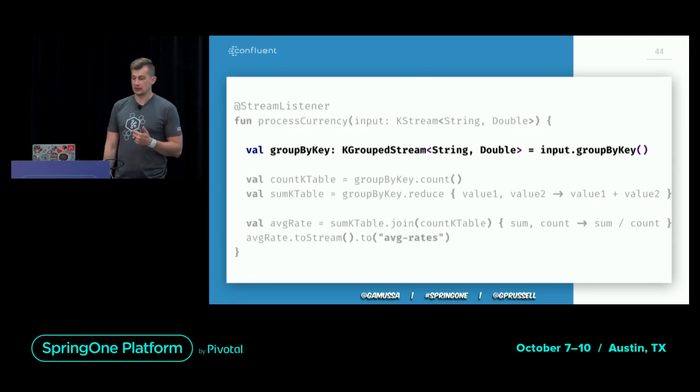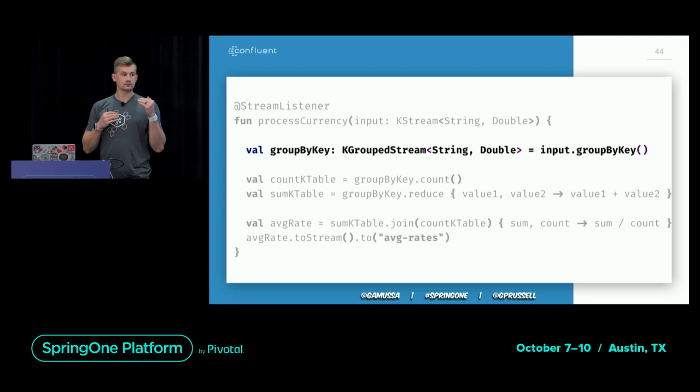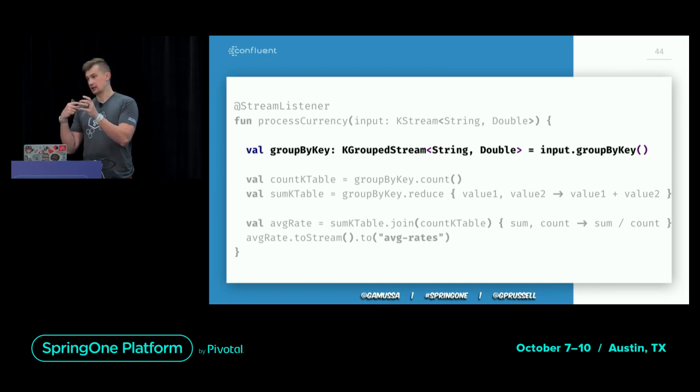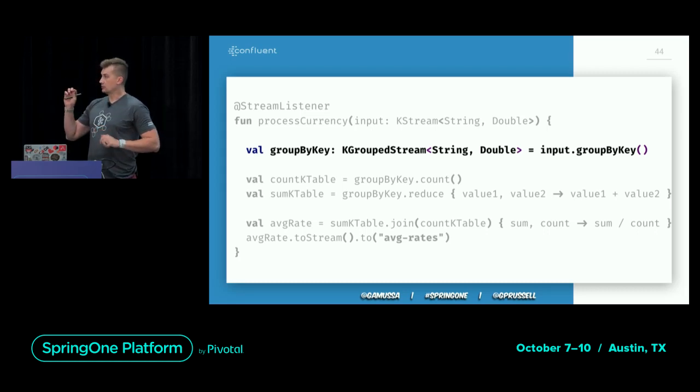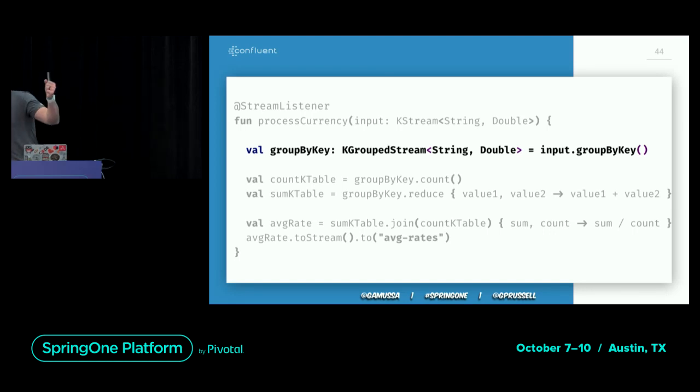First, we're grouping the stream in order to calculate the things we're interested in for a particular symbol. In this case, I'm just grouping by the key. In Kafka, you probably know this, but it's worth mentioning that every message has a key, a value, and a set of headers. We have access in our DSL to key and value, so this is why we can use this generic here to do this kind of thing.